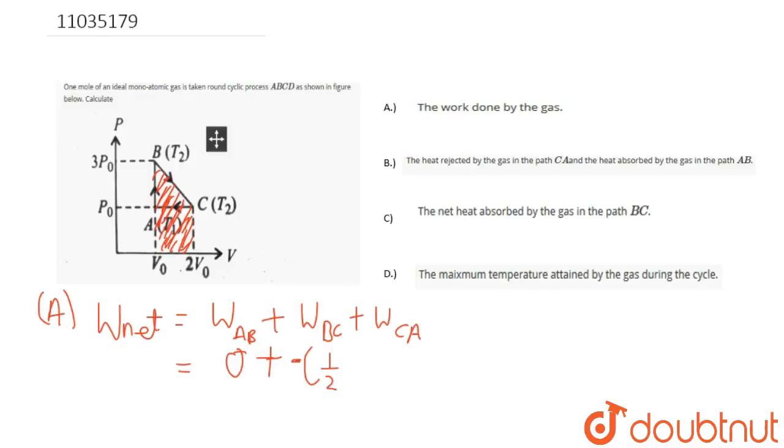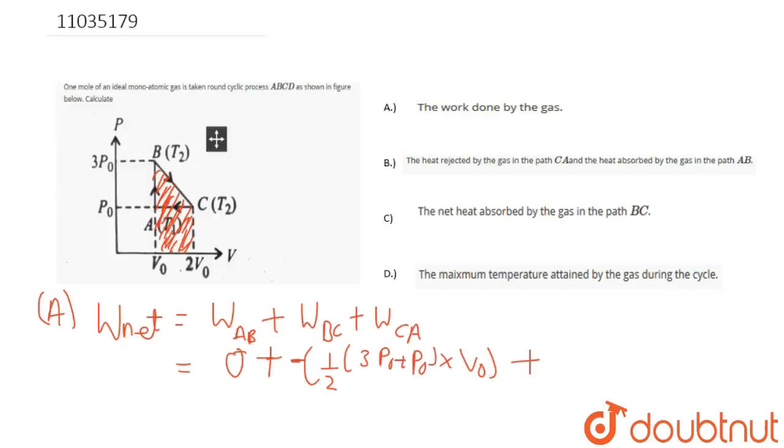So half into area of trapezium is half into sum of the parallel sides, that is 3 P naught plus P naught. That is the sum of the parallel sides into the distance between them, that is V naught. So this is the whole magnitude with sign of the work done in the process B to C,